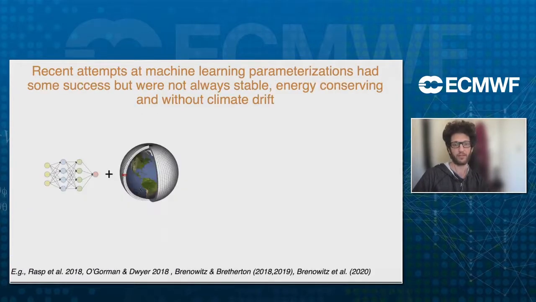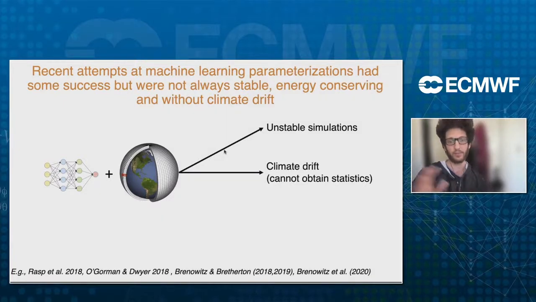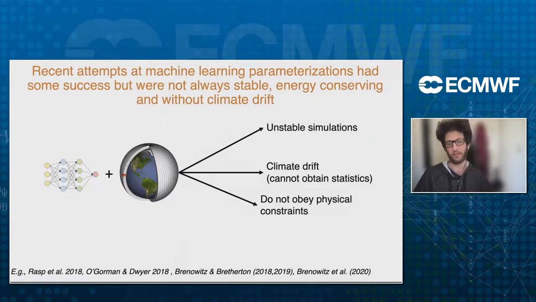And this approach of building such hybrid models has been getting a lot of attention, and there has been some success and some nice insights. However, there are still recurring features that we also saw in last talks, that we sometimes have unstable simulations, meaning literally numerical instabilities when we have this hybrid system. And sometimes we get a climate drift, so we cannot obtain statistics over the long run. And I should mention again that these machine learning algorithms do not obey physical constraints, at least not by default. And our hope, the dream, is that this kind of hybrid system will really create more accurate climate and maybe weather models and so on.